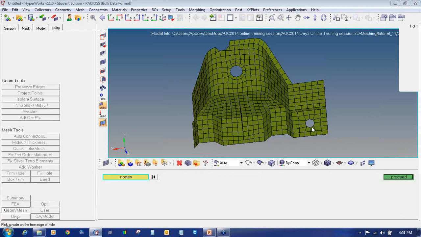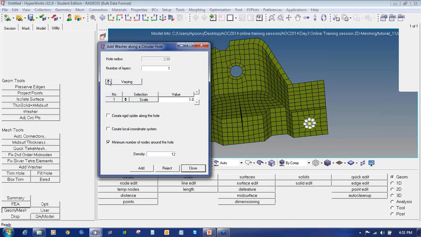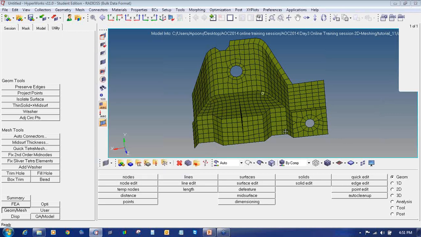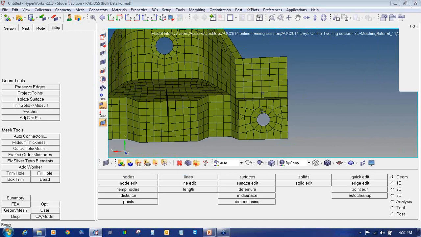So add washer, say proceed. Width say 3. In density field enter 12. Say add and close. So in this way you can see it has created a washer around that hole without the requirement of geometry also. So you can add the washer if you want on the FEM model.